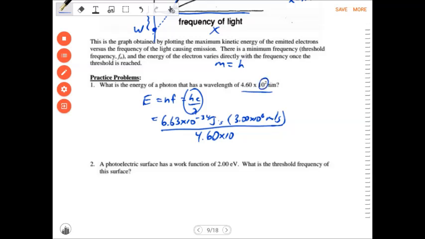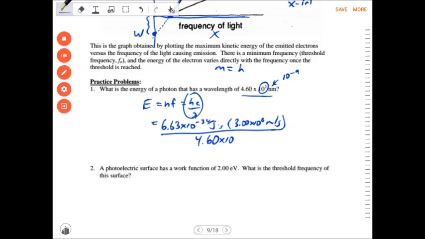to the 2, and a nanometer is 10 to the negative 9. So remember, these are exponent laws, again, from grade 9, grade 10. So 10 to the 2 and 10 to the negative 9 makes 10 to the negative 7. Crazy. So 10 to the negative 7 meters. Okay, awesome. So we type that in,